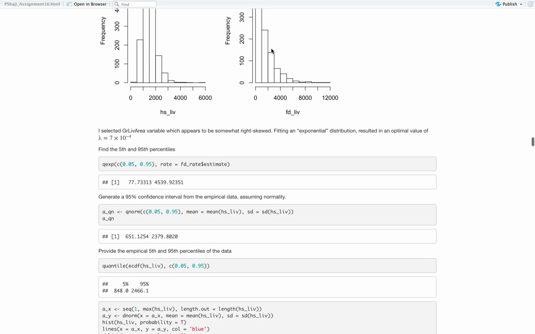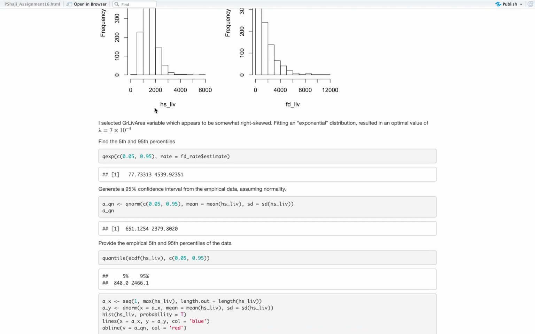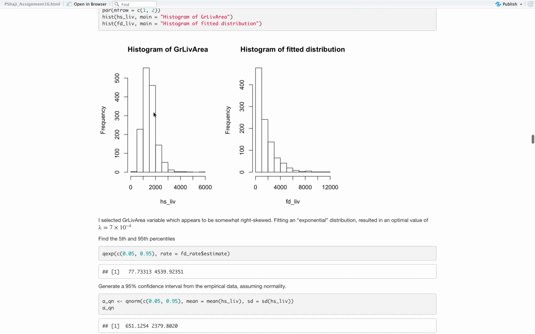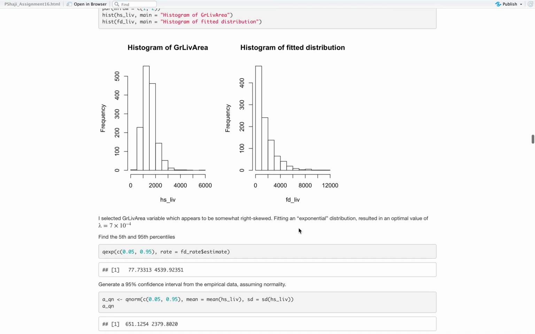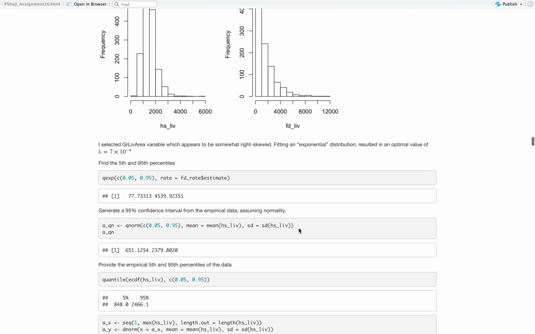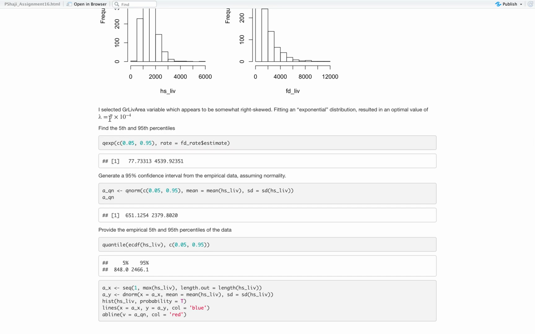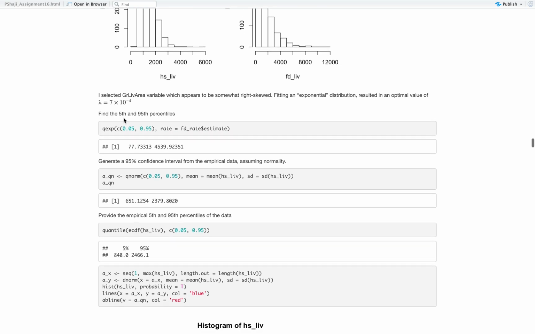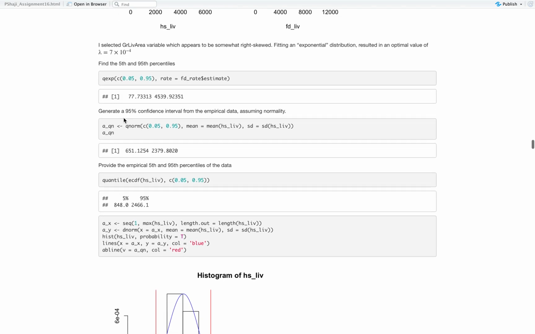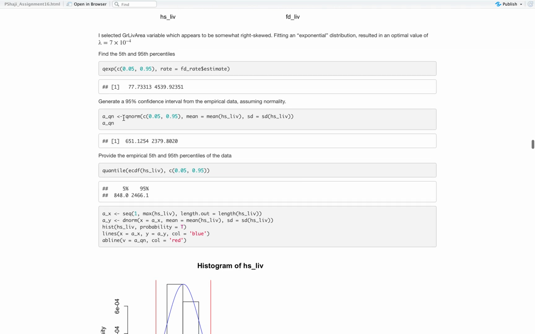After that, we proceed with it, and I selected the ground level variable, which appears to be somewhat right skewed, as we can see here, and also the histogram of the fitted distribution. Now, fitting an exponential distribution resulted in an optimal value, that is lambda equals 7 × 10 raised to the power minus 4. Now, as we proceed with finding the 5th and the 95th percentiles,